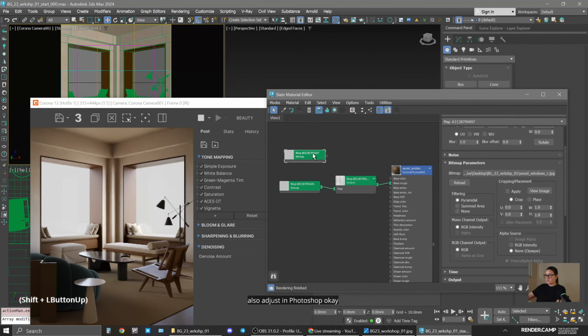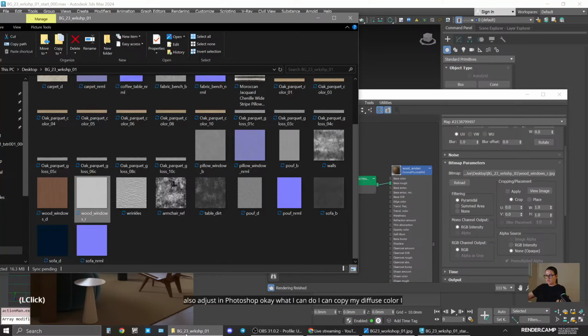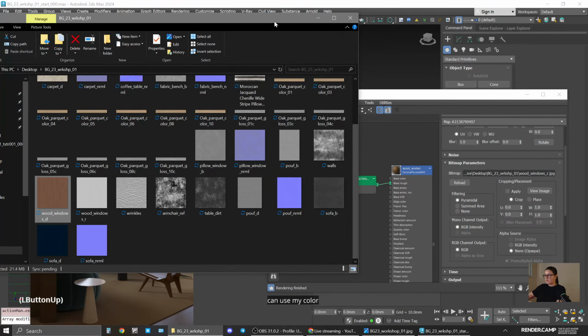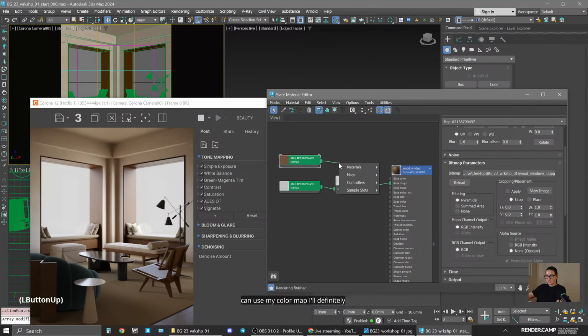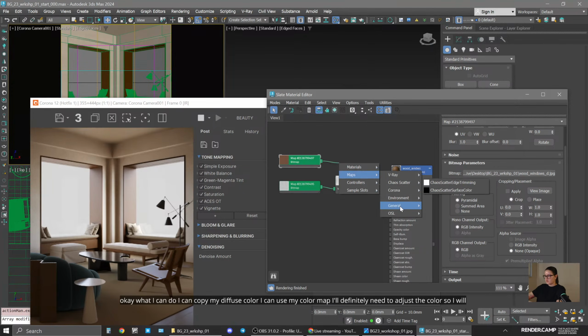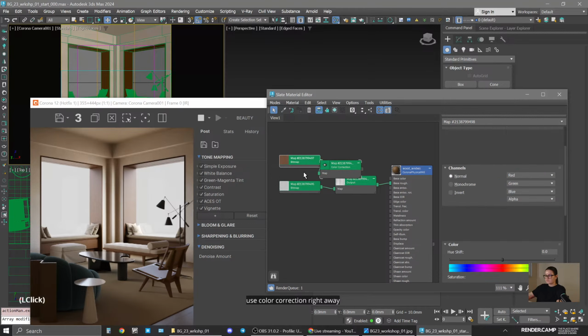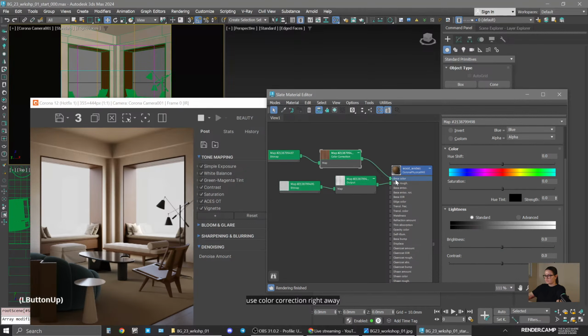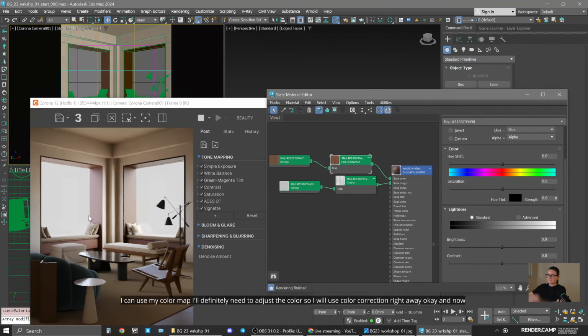Okay, what I can do, I can copy my diffuse color. I can use my color map. I'll definitely need to adjust the color, so I will use color correction right away. Okay, and now we see it's too red. Ah, this is without. Honeyed wood. This is with, too red. What we can do, we can shift the hue,